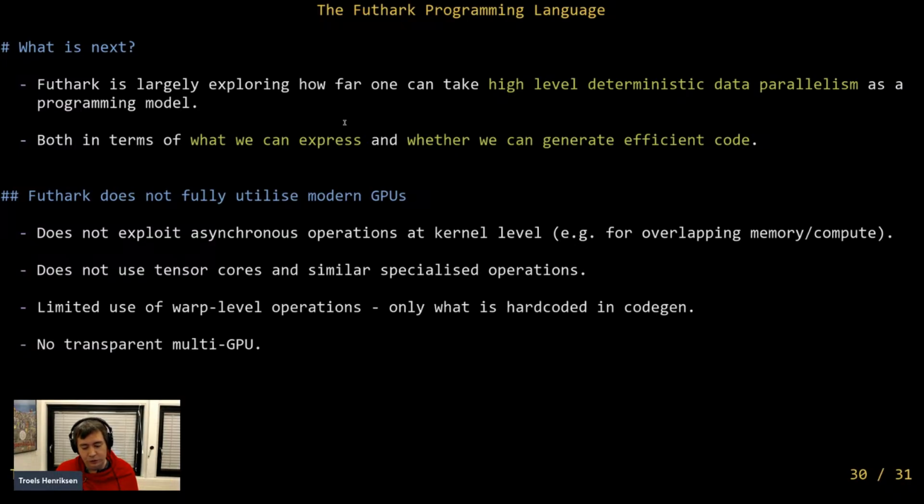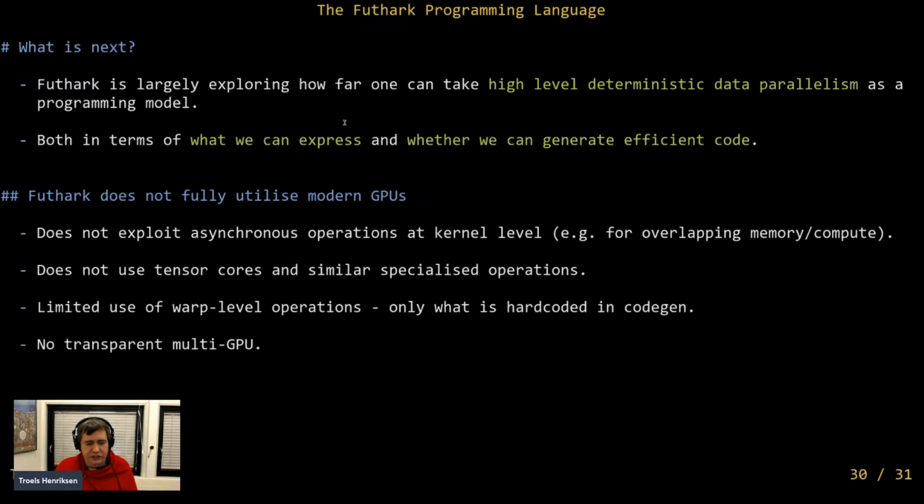And you can do that in these low-level languages, but it's not really clear you should expose this at the source language level. So the question becomes, when should the compiler try to exploit this? It also doesn't use tensor cores and similar specialized operations, again, because we don't have that in the source language. So we need to come up with some kind of compiler transformation, or maybe a source language feature, who knows, that is then able to figure out when it's worth using these things.